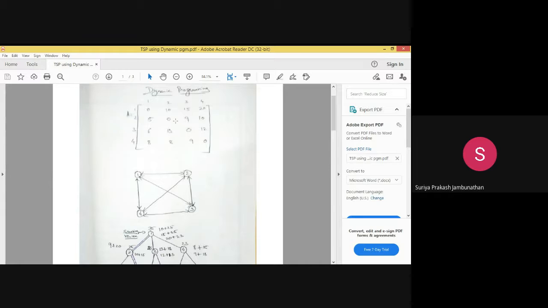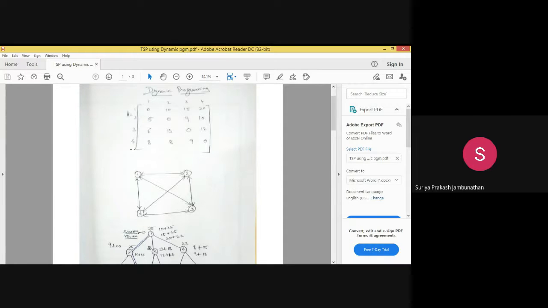Okay. And we do not have any self loop for a particular vertex. So this is considered as the first vertex, second vertex, third vertex, and fourth vertex. In the same way, column-wise we are also making the vertices. With the use of these vertices we are plotting the graph. So in the graph we have four vertices: 1, 2, 3, and 4. There is no self loop between 1 to 1, so we put 0. There is no self loop between 2 to 2, so we put 0. 3 to 3 also has no self loop, so we put 0. 4 to 4 also we put 0 because there is no self loop.